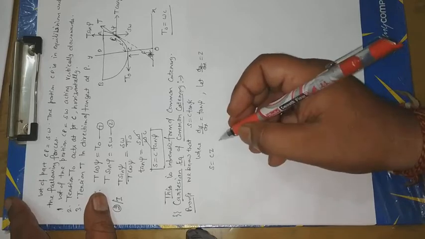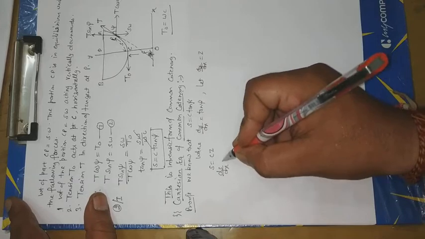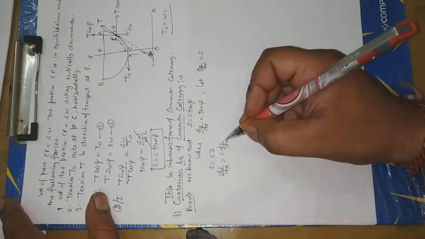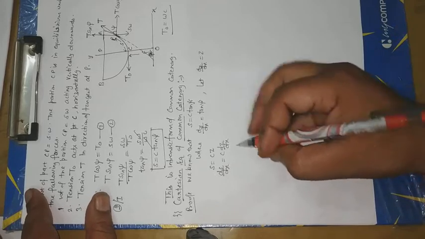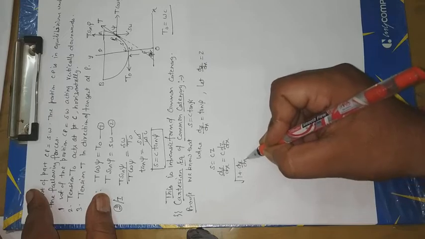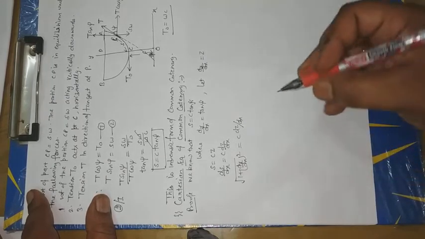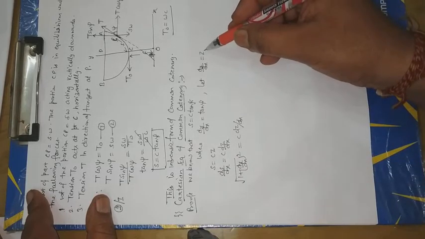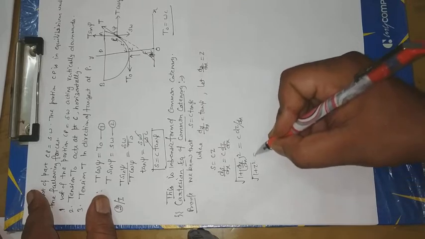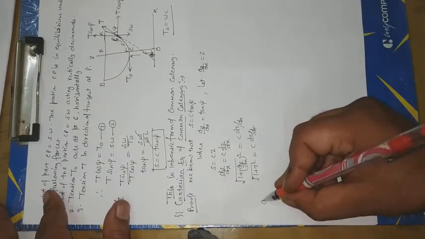Now differentiate with respect to x, ds upon dx is equal to C dz upon dx. Now the value of ds upon dx is equal to under root 1 plus (dy upon dx) whole square. This is equal to C dz upon dx. Now dy upon dx is equal to z, that is under root 1 plus z square is equal to C dz upon dx. On variable separable,